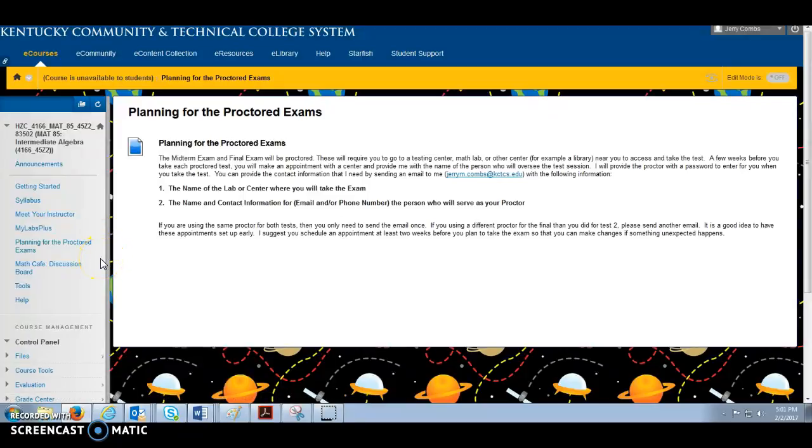So that's 2 times, and you don't even have to come to Hazard or your college. If you're a Big Sandy student, for example, or a student from another college, you don't even have to go to your college. If there's a library near you, if there's an adult ed center near you, if there's a community center that has computers that will allow you to come there, that's fine too. All you need is just for it not to be someone related to you. You can't let your mom be your proctor, or you can't let your husband be your proctor, or anything like that. That's probably not appropriate.